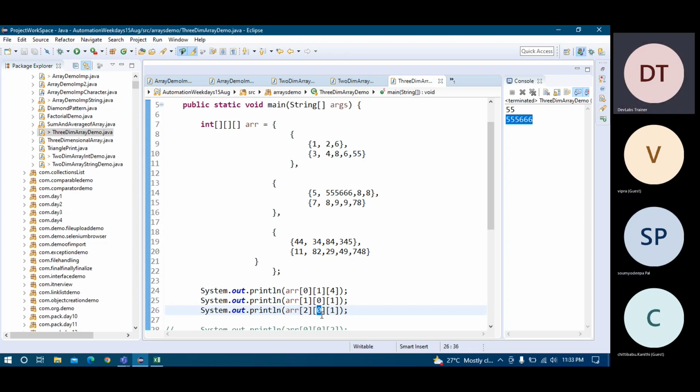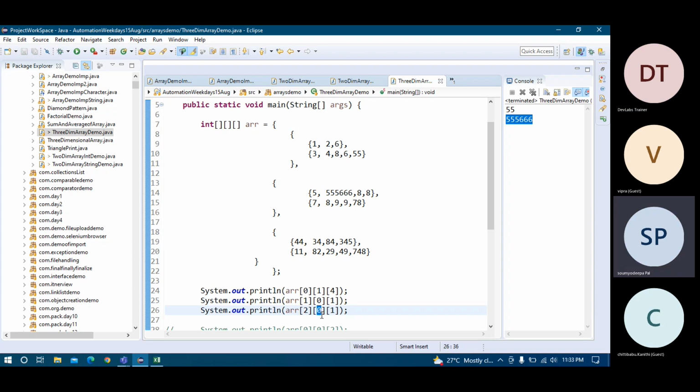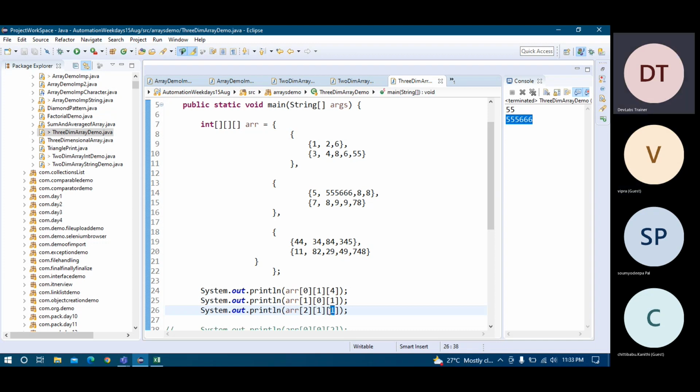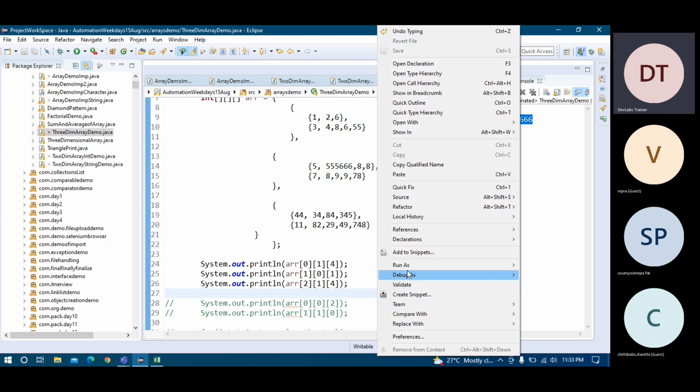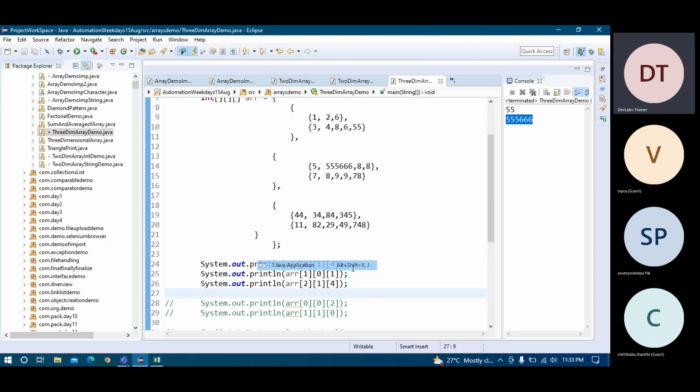Then column 0, 1, 2, 3, 4. So now see here, I'm just going to run it and you see whether the output is coming or not.